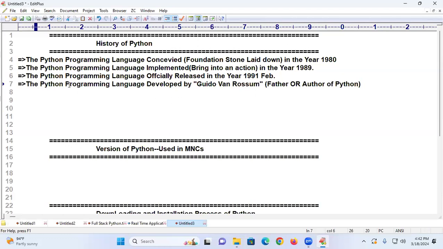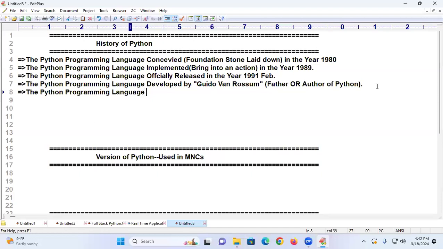This point you must remember compulsorily. Who is the father of Python? Guido van Rossum. Simply you will call him Rossum. Very nice. Online students, are you comfortably following? Come on, all of you. Now, coming back to the point, I am going to enter into that. Please respond, all the students online. Now I'm going to start: the Python programming language was developed at